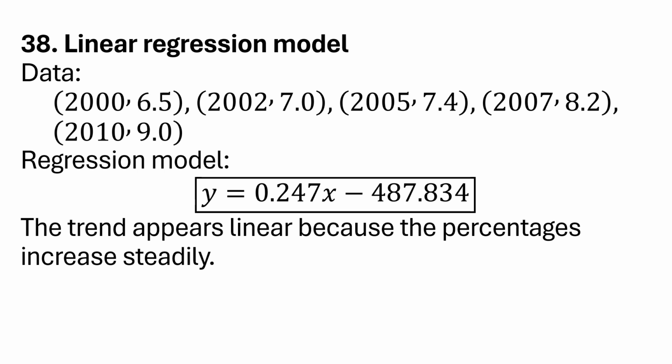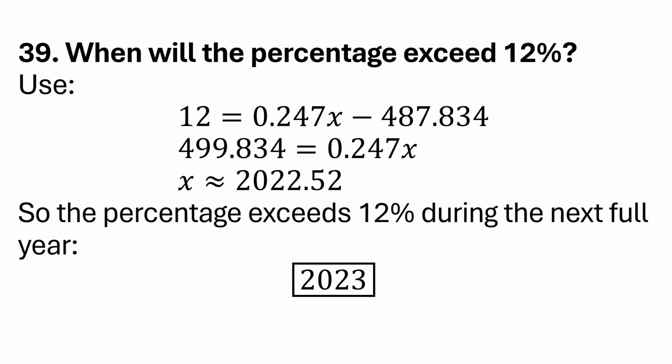Using linear regression, the model is y equals 0.247x minus 487.834. This model predicts the percent of unemployed college graduates for a given year. To find when the percentage exceeds 12%, substitute 12 for y in the regression equation. Solving gives about 2022.5. Since the question asks when it will exceed 12%, we round to the next year, which